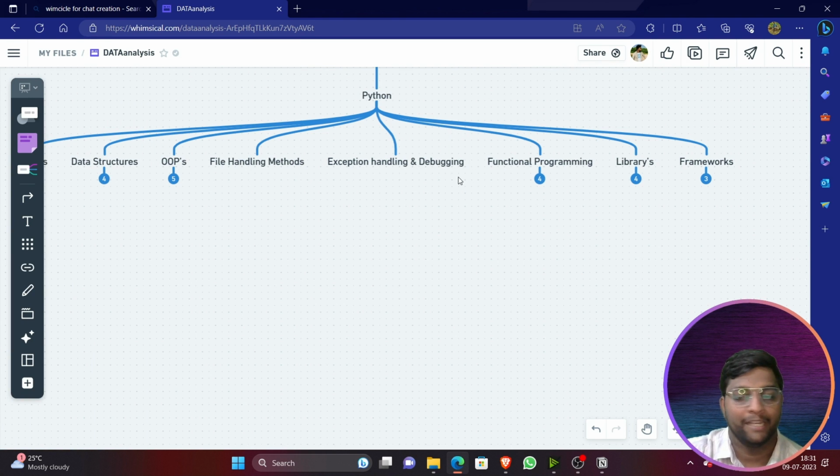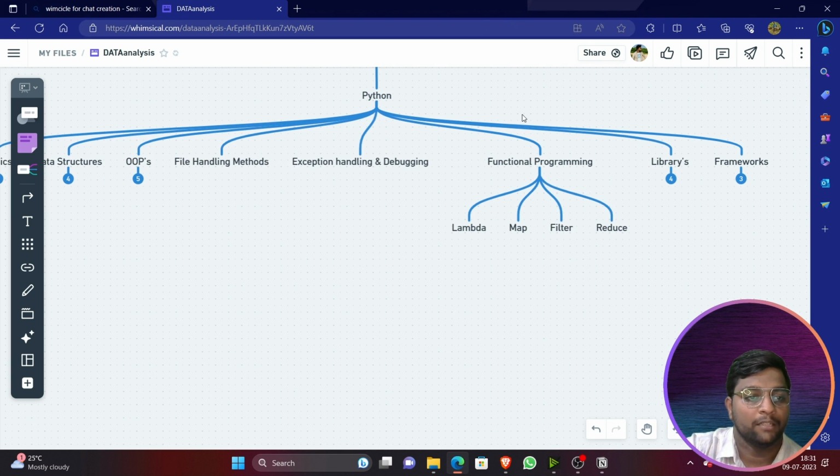After this, exception handling and debugging, this is recommended for the experienced candidate. But when it comes to a data analyst, a normal interview, how it goes, many companies will ask you in the theoretical round about Python, SQL and everything. But when it comes to the coding round, they'll mainly focus on MySQL. And rarely some companies focus on analyzing the data, and they'll even give you pandas, group by, all these things. Exception handling and debugging, like how to handle the exceptions in the code and how to debug the code, you will be learning about this in detail.